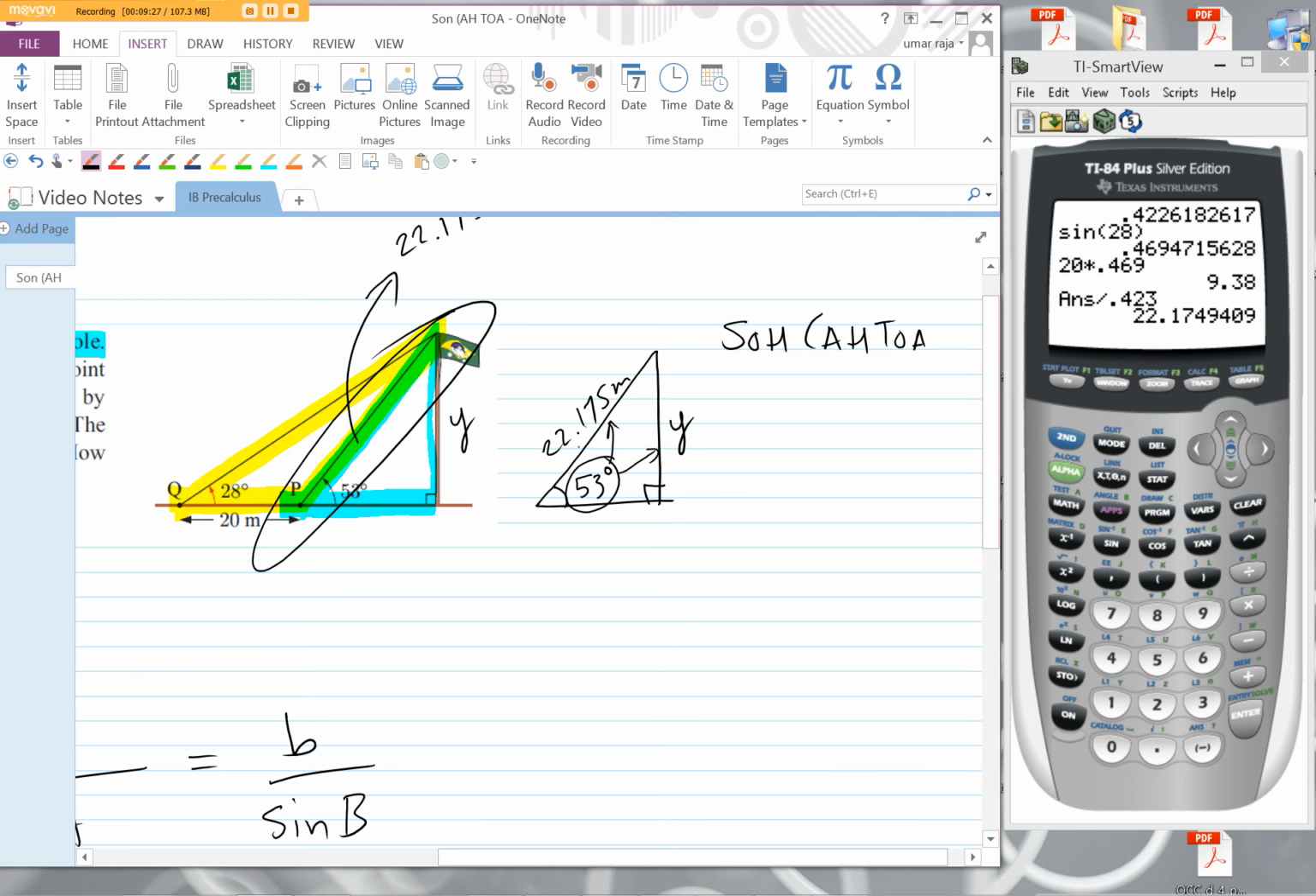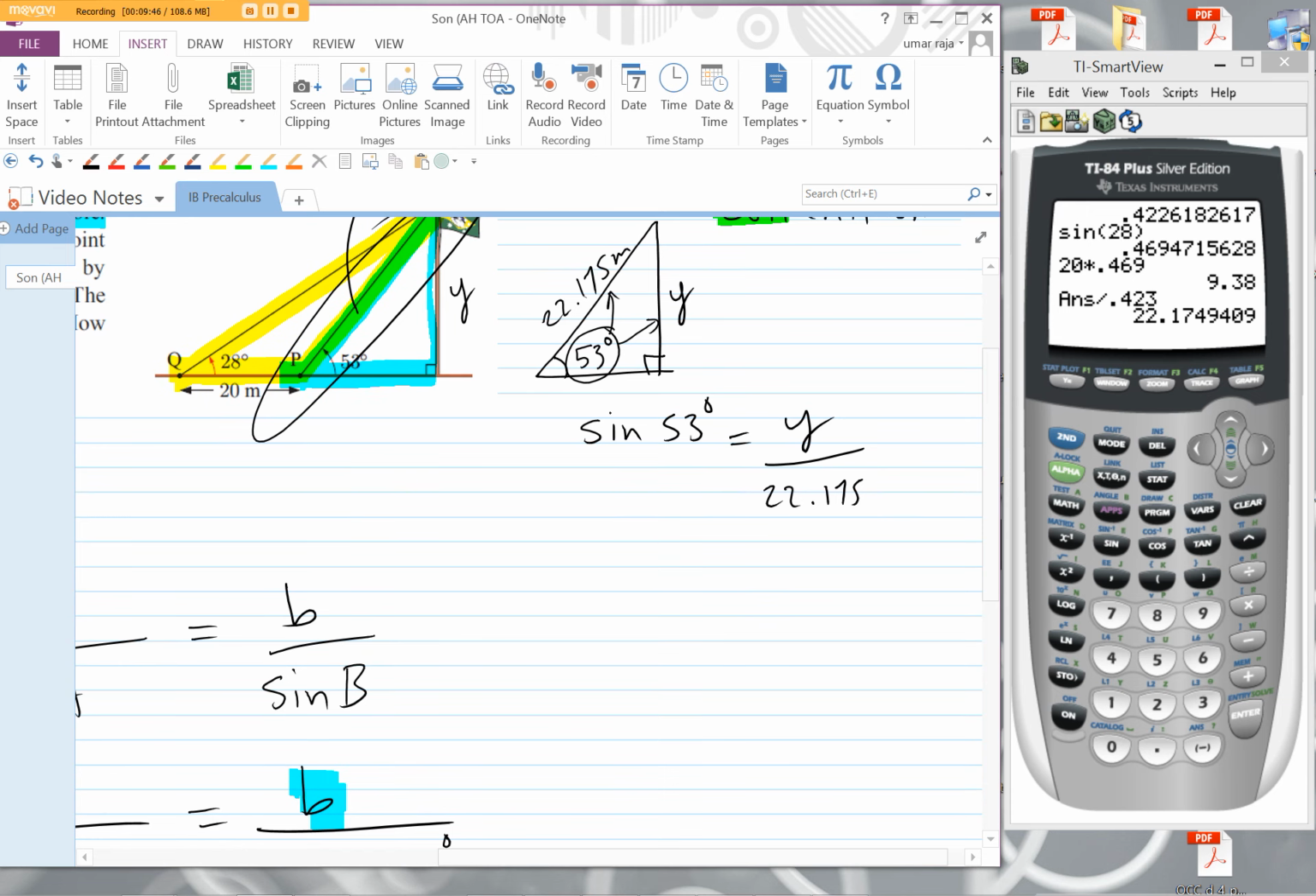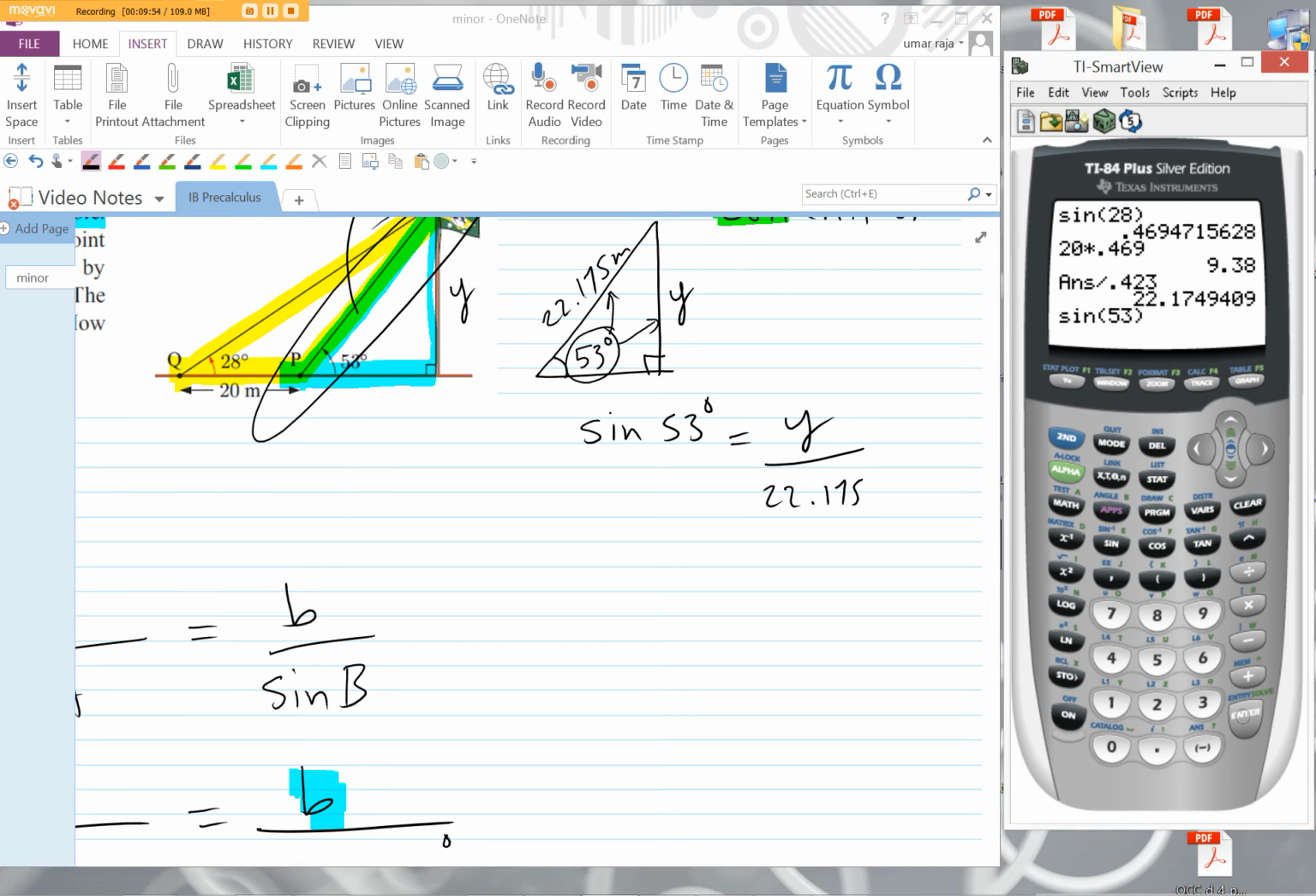Now, which function relates the opposite and the hypotenuse in a right triangle? You know that that's the sine function because that's the first one that's in there. Sine of 53 is equal to opposite, which in this case is y, over the hypotenuse, which is 22.175. And this is going to help us get to the answer. Now, how do you actually solve this? Well, first thing I would personally do is put in the sine of 53 so I can simplify the term on the left. And that's going to give me